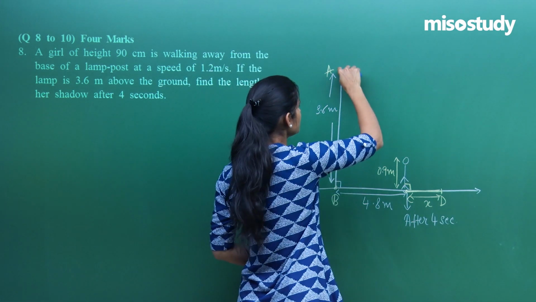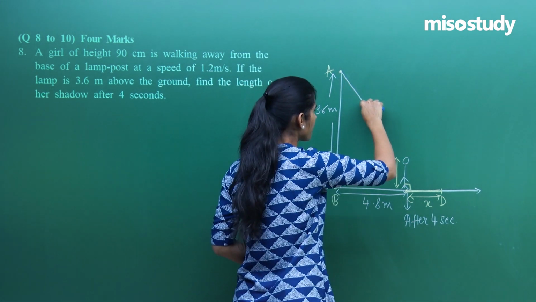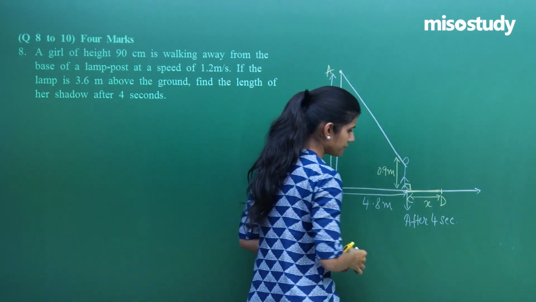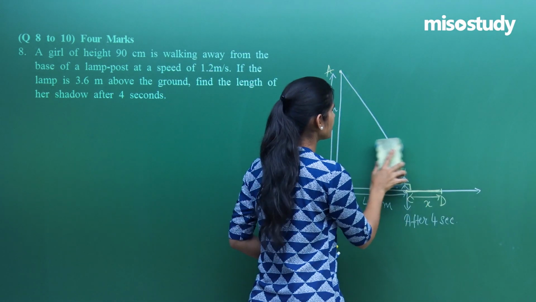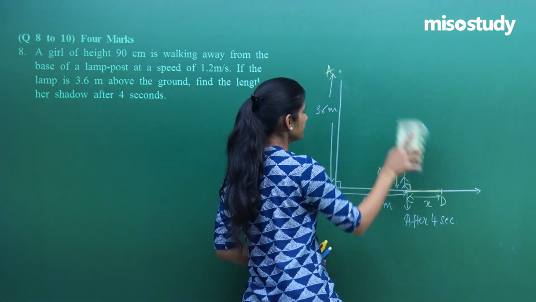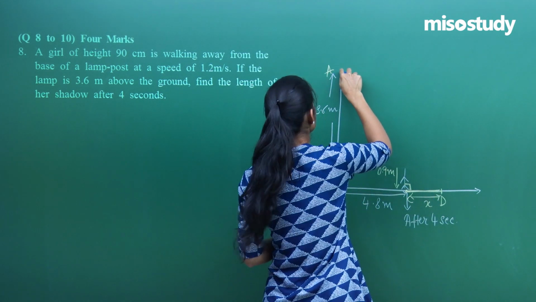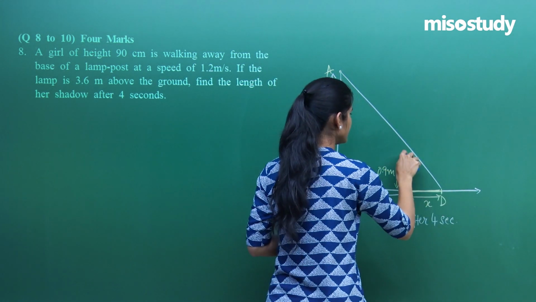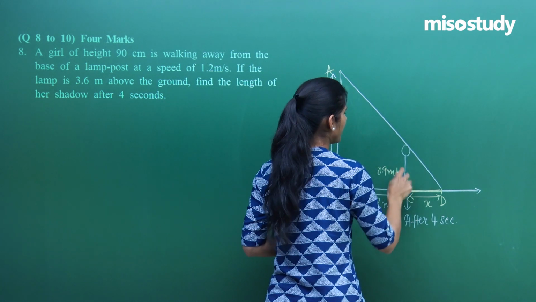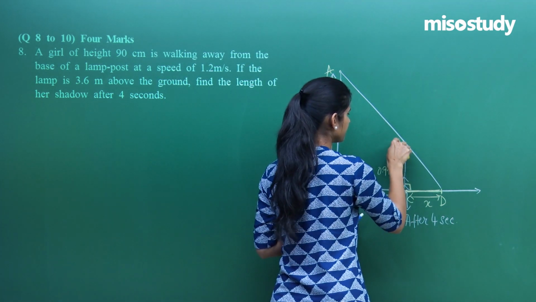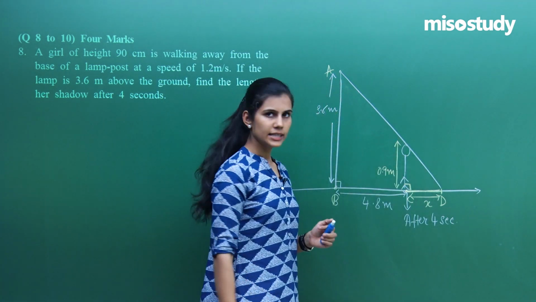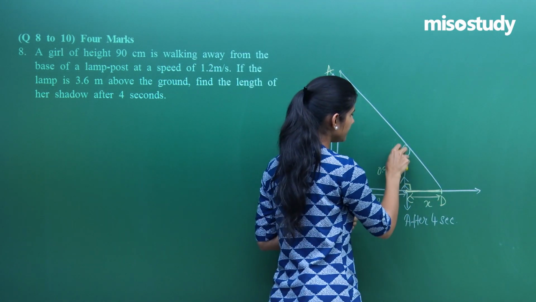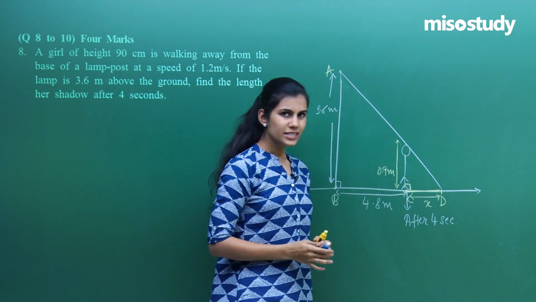So what you can do is you can talk about, let me just draw it a bit larger so that we can have a clear picture. So this is it, and say that's the girl. Is it understood? So this, you can see the figure. Let me complete this. Yeah. So this is the figure basically.